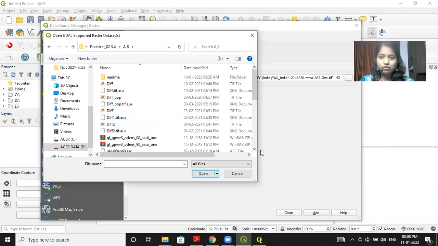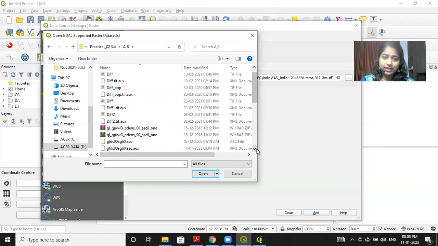What I am going to do is take the population of 1990 and the year 2000, and then I am going to subtract these two populations and show you. So I have to search for this ASC file in the data set. It's also freely available on the internet, so you all can download this data set. You have to just search for this data set and download.